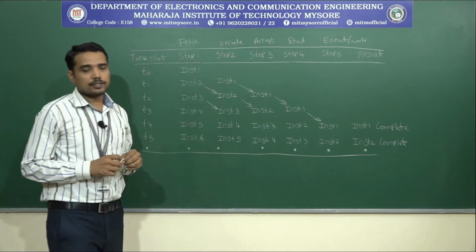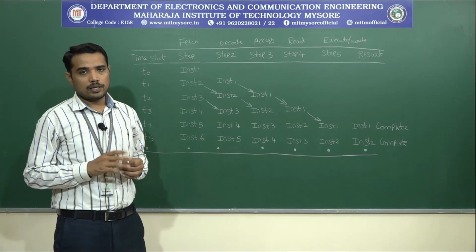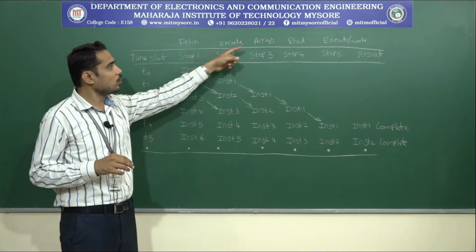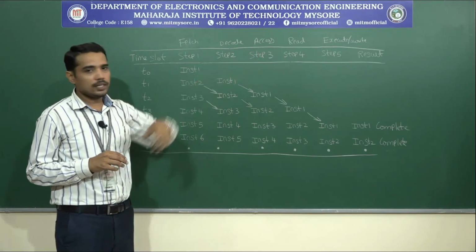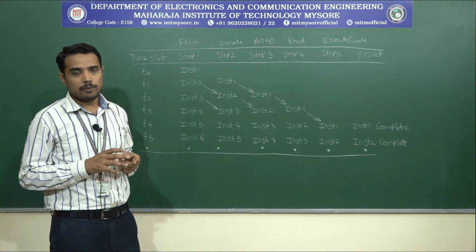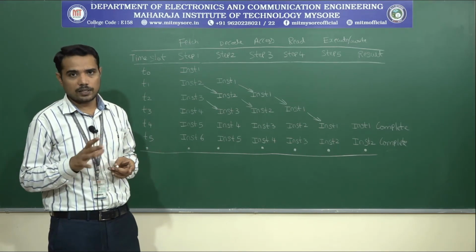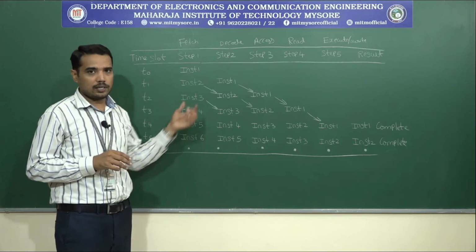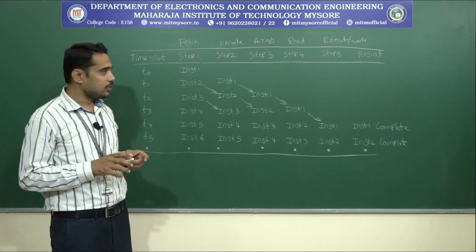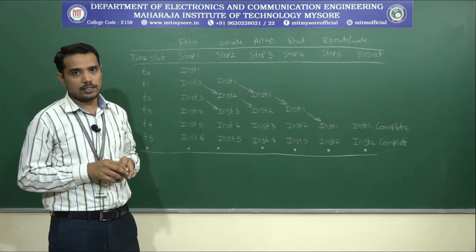In this way we execute the instructions by breaking each instruction into several steps: fetch, decode, access, read, execute and write. Here the problem is with breaking the instruction into several steps, which takes pretty much time. And the second demerit of pipelining compared to the parallelism concept is the latency involved in the pipelining phenomenon. What is the latency here?